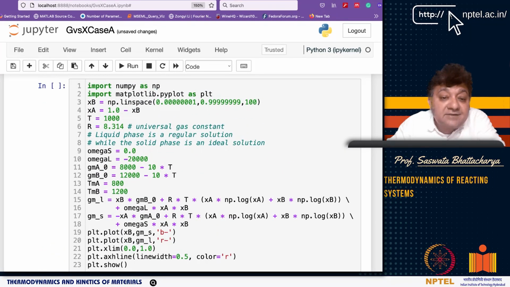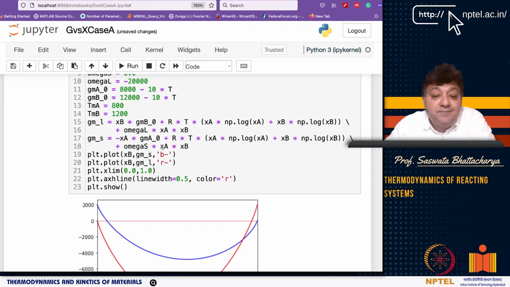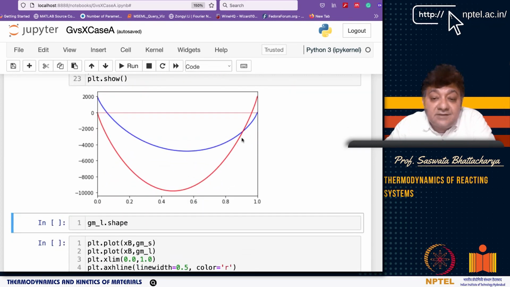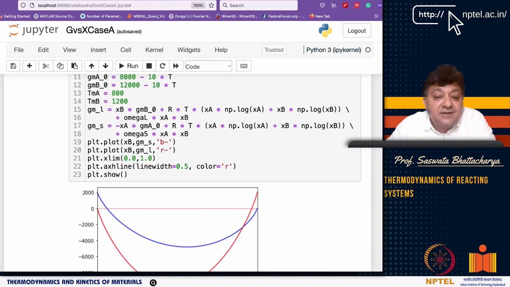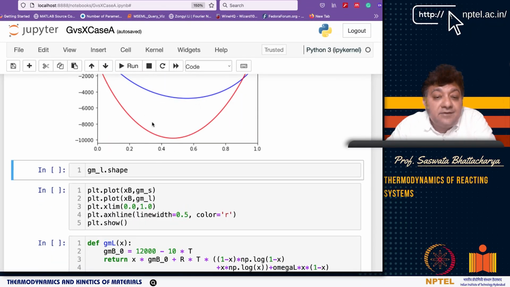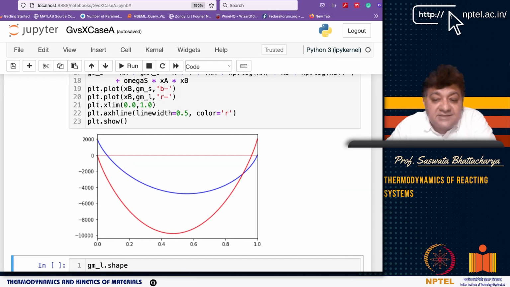If I plot that at a particular temperature, say 1000, I basically see the blue curve, so I am using the blue curve for the solid and the red curve for the liquid, and you can see there is a common tangent highly likely here, right? If you solve the chemical equilibrium conditions here, you will get at 1000 Kelvin, on the B rich side, a coexistence. However, on the A rich side, you have the liquid phase, the red free energy, as the low energy phase, right? But on the B rich side, you have a coexistence.